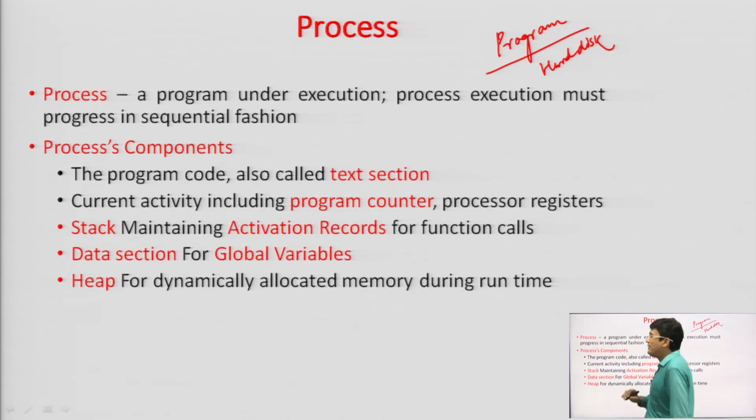and usually even if you have compiled your program once, the object file will be there, but when you are executing the process, the executable file will also be there. When you design a program, you may see in the folder in which your program is there will be an object file, there will be an executable file of the same program, there will be a backup file of your same program. So, executable files are also residing in the hard disk and they are passive entities, but when they are brought to the main memory, they become the process. When they come to the main memory, they become the process.